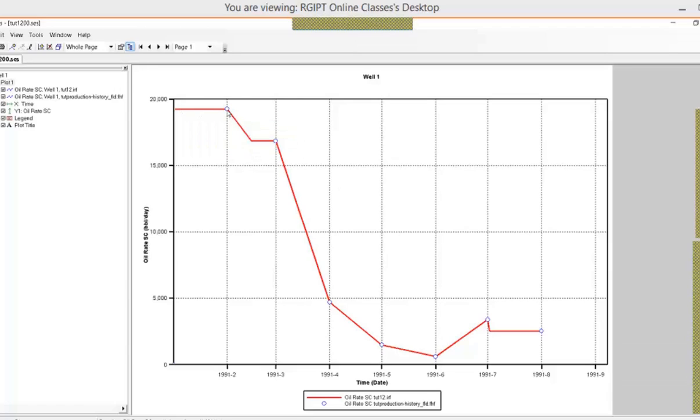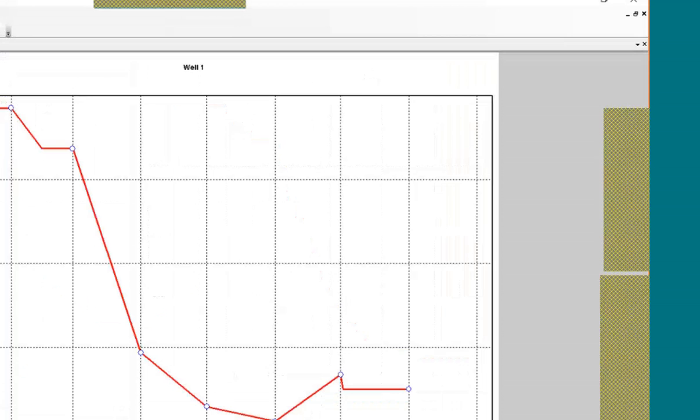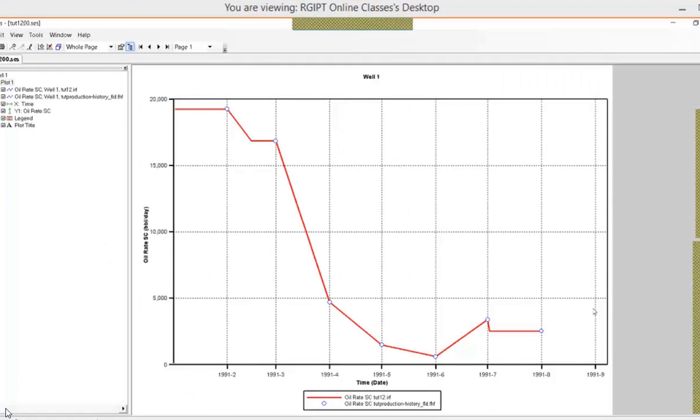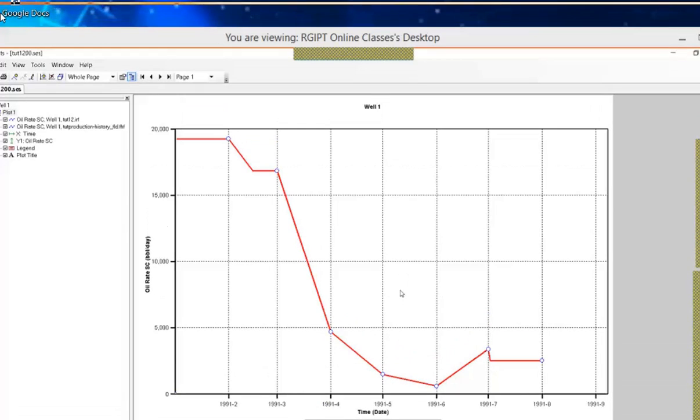We can see it is exactly matching with our model, but in actual cases, in actual reservoir conditions, it is not necessary to match exactly with our production simulator results.